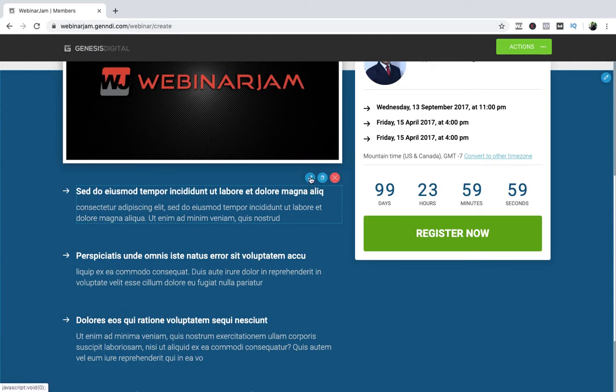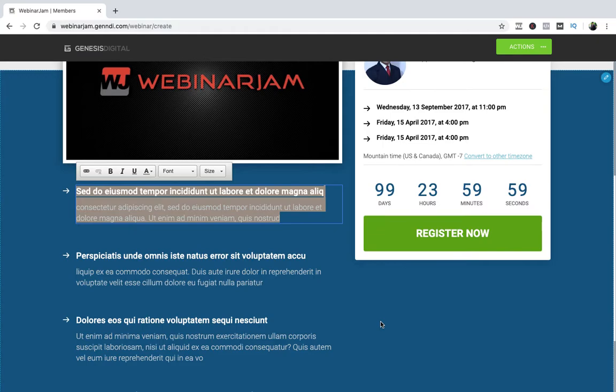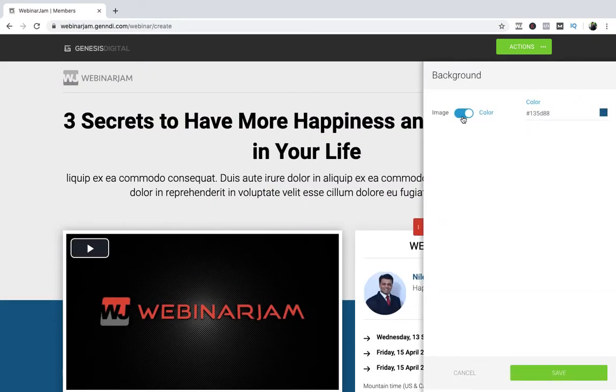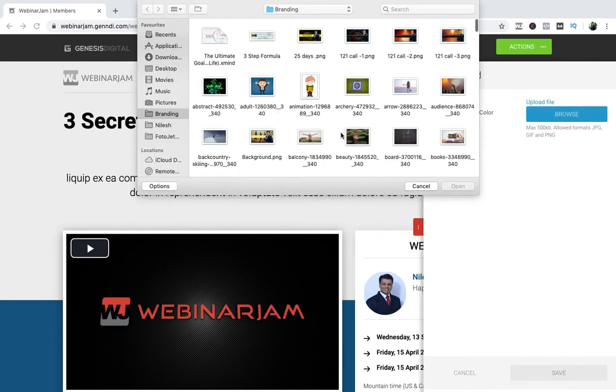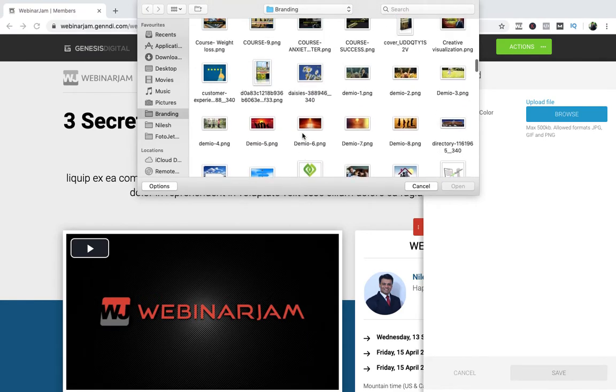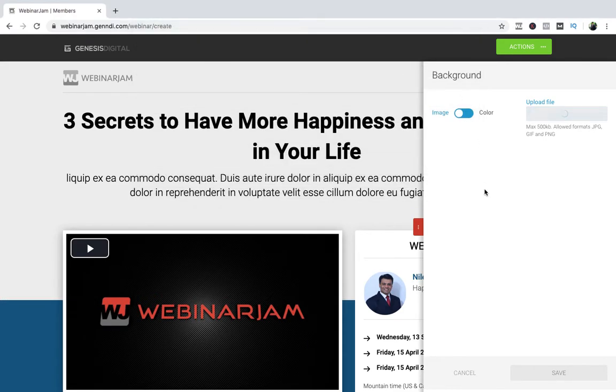Put your values, whatever the data, whatever the text you want to put, you just put it here. You want to change the background color, that can be changed from here, right? You can have even an image in the background. If you want to have some image in the background, you can have that image as well. Let us say we have this image, right? So anything you want to do, you have the flexibility in all these pages.